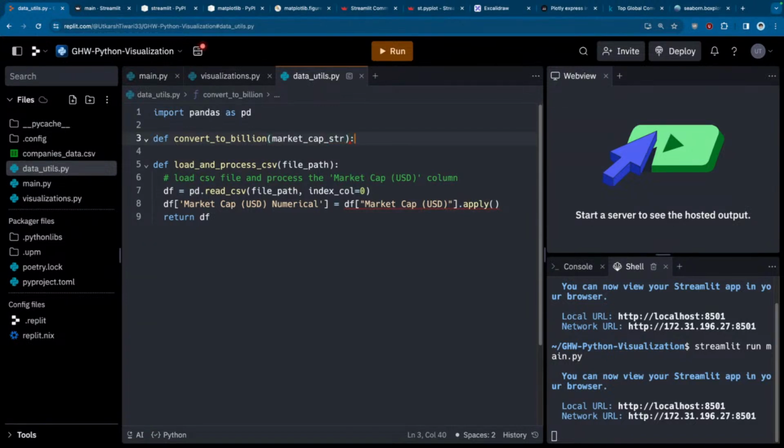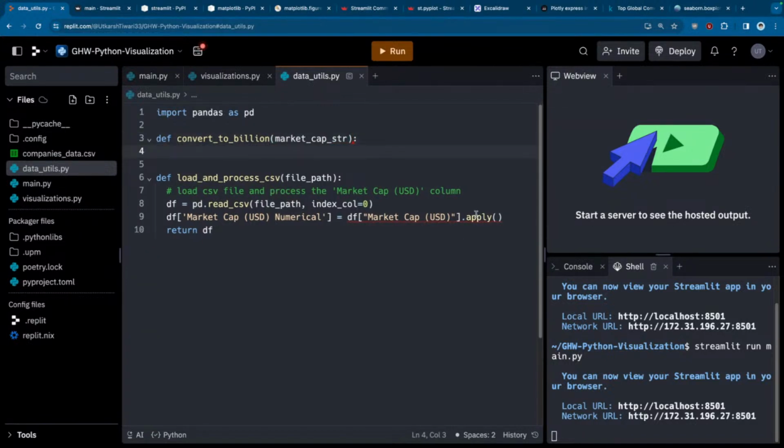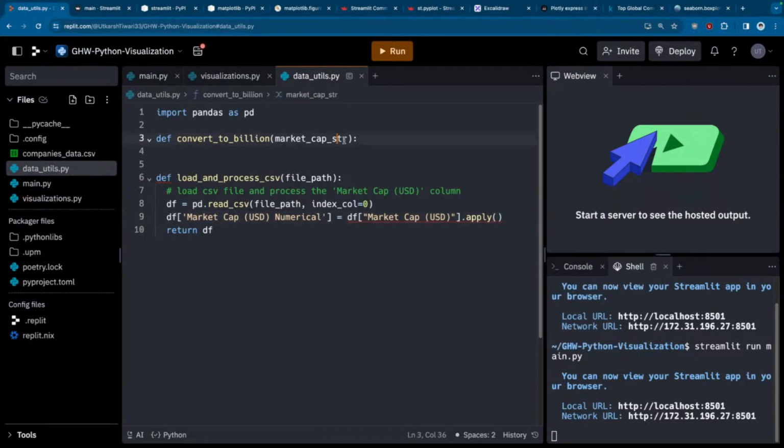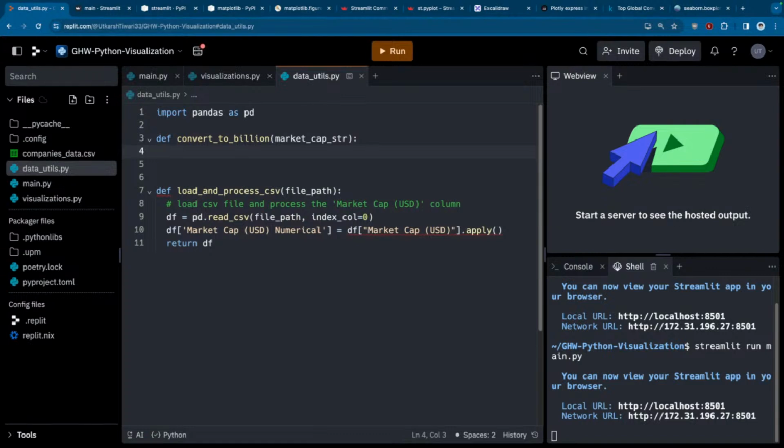It takes that. So there is a red squiggly line here. I don't know if it's visible or not, but there are some things missing here, which we will add once we complete this particular function. So convert_to_billion. Now in this, we are going to first create a variable match, and we are going